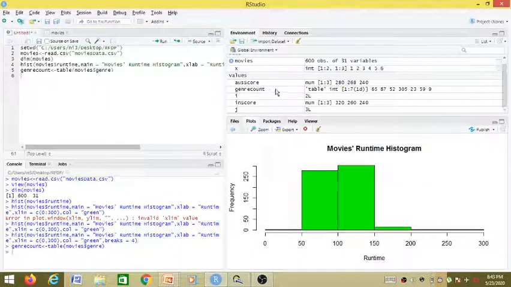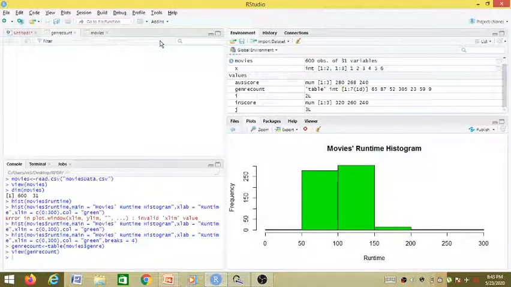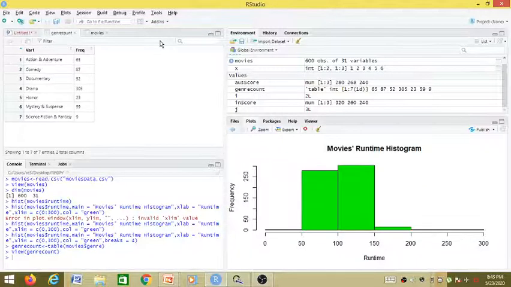If we try to see how it looks, we can use the view function. Running this, we will be able to see how our genre count actually looks.